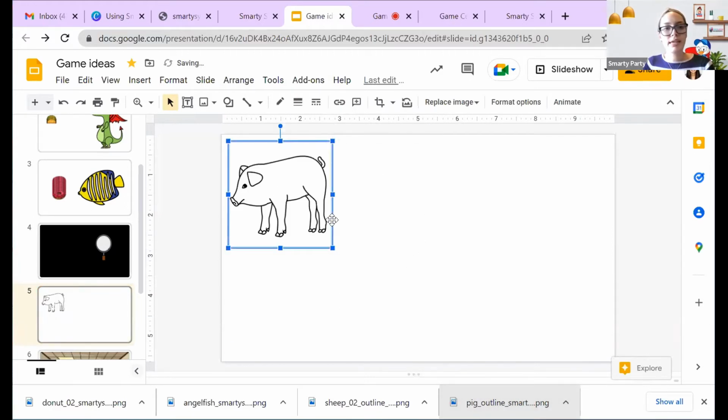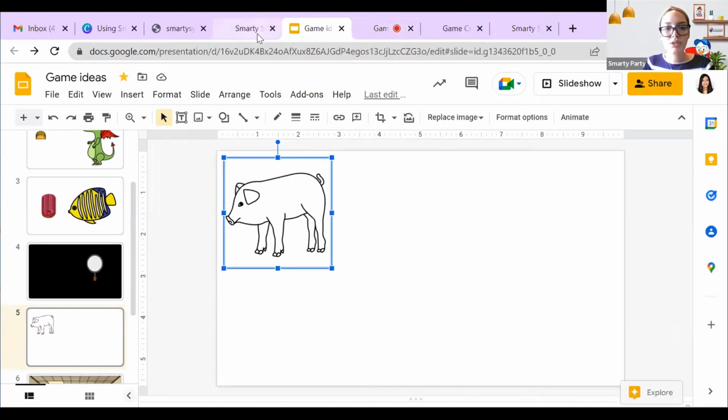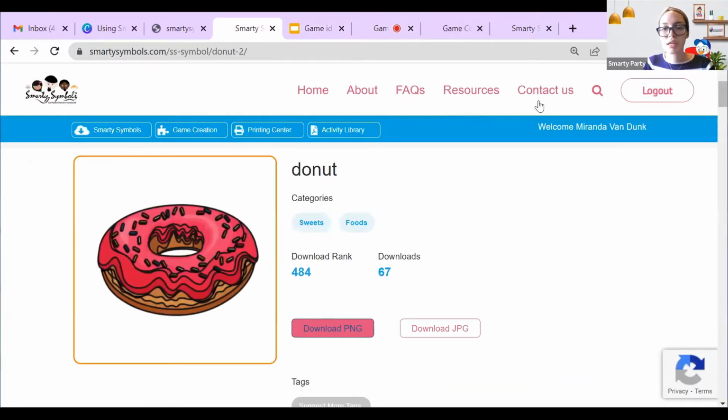So in the same way that we saved the picture for the fish eating donuts, we're going to go in and we're going to make sure that we have the pictures in black and white. So I'm just going to show you one more time. If I'm going into Smarty Symbols, again,